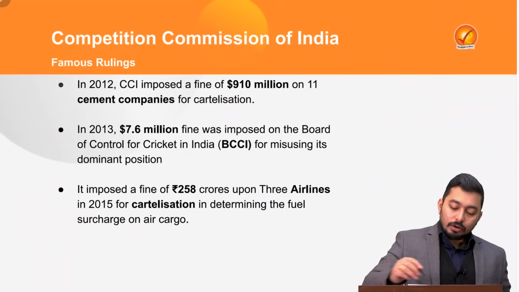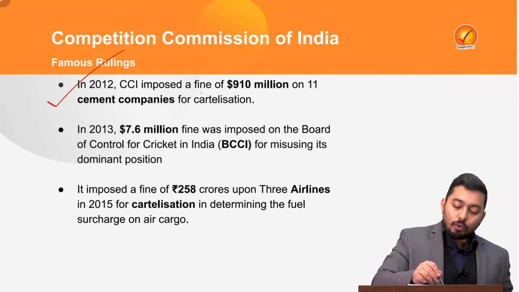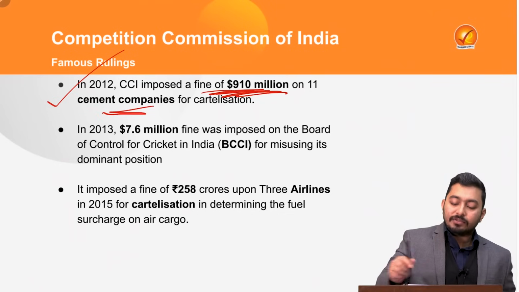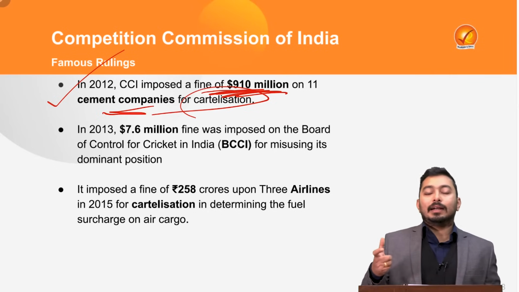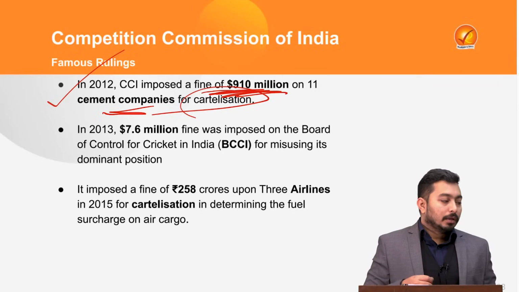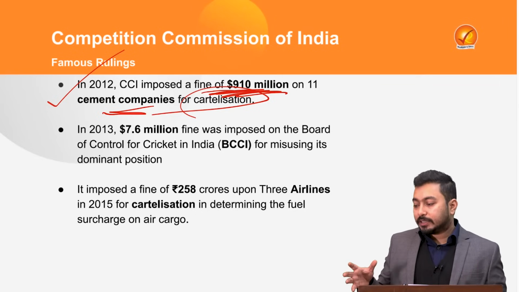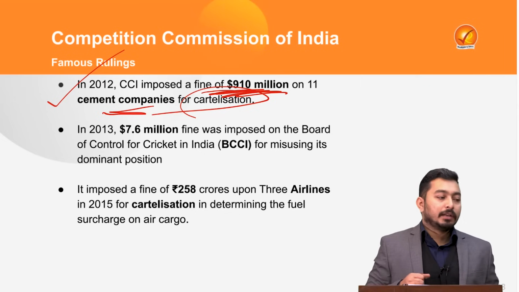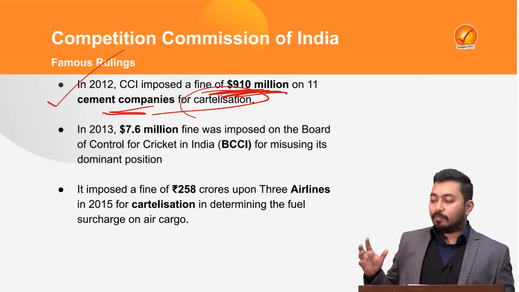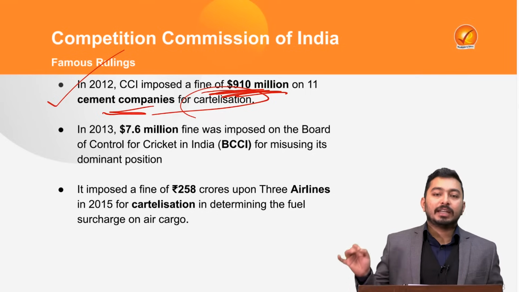In 2012, CCI imposed a fine of $910 million on 11 cement companies for cartelization. Now, what do you mean by this word cartel? What are you exactly doing? Let's say four of us sit together. We are four giant cement companies, and we say, let's fix the price of each bori of cement at this